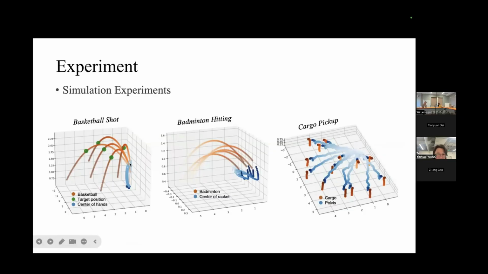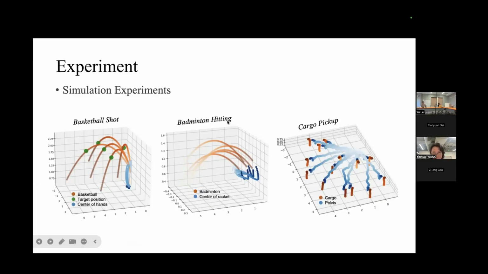So we can see that the humanoid robot can shoot the basketball precisely into different basket positions. It is worth noting that all of these skills are learned from a single video. So we only need a single video to learn generalizable interaction skills.